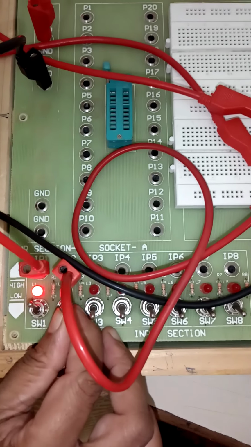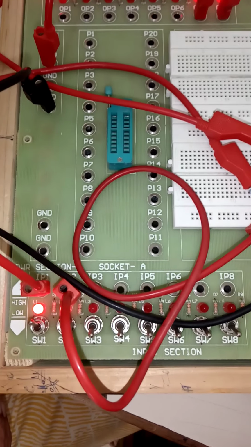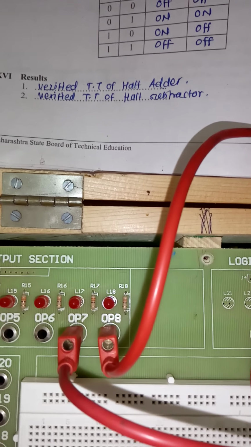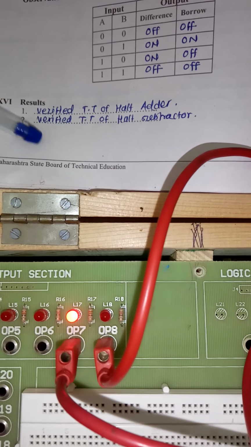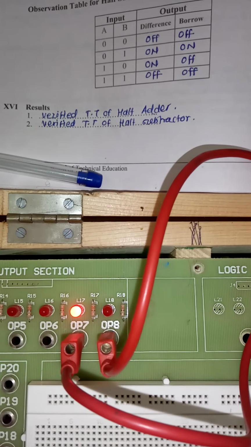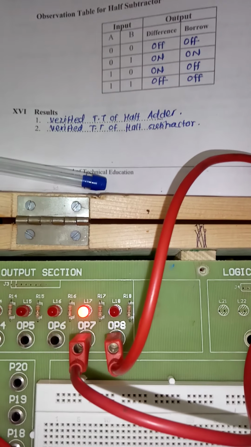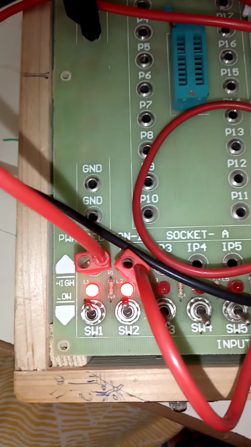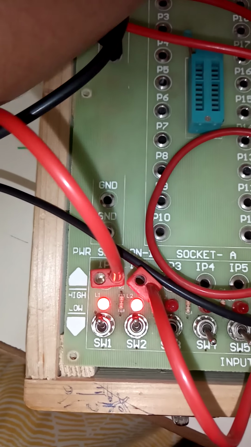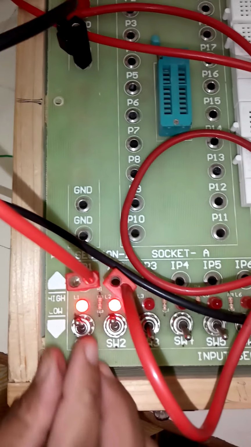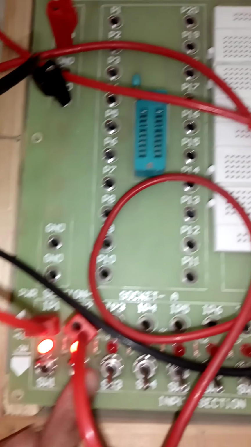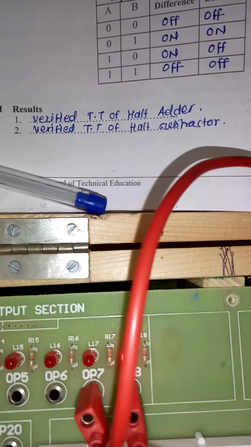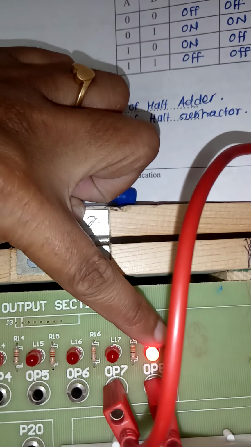Now we'll check the fourth condition, that is our input A is 1 and B is also 1. For that sum is 0 and carry is 1. For both the condition A and B 1 1. Last condition we will check once again. For both the condition, that is A and B 1 1, so we will get sum is 0 and carry is 1.